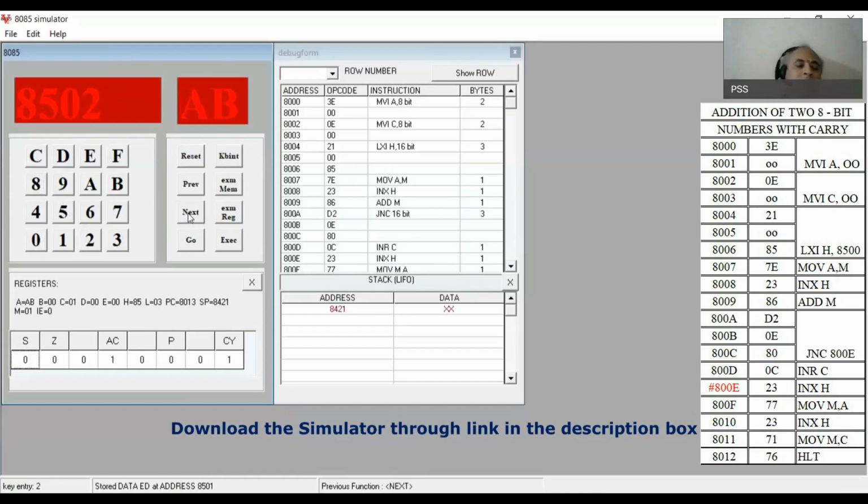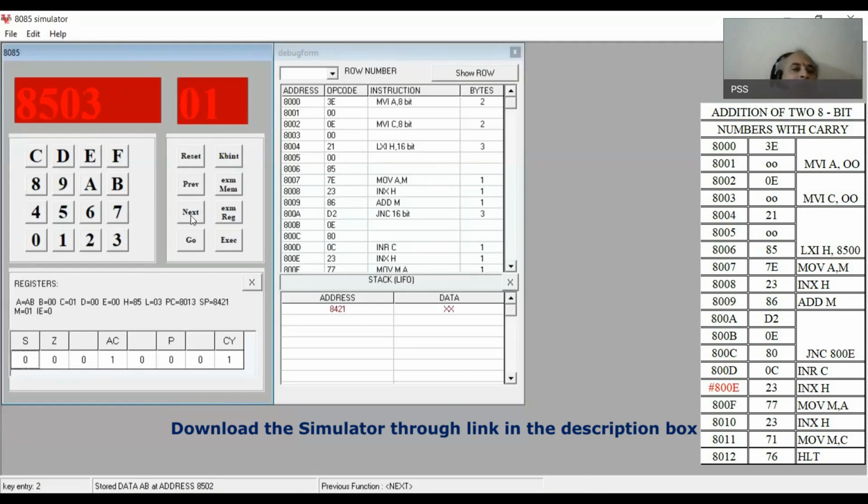If you press next, then obviously you will get the sum which is AB. I already told you and you have already learned that by adding the numbers BE and ED, you will get the sum as capital AB. Now, which is clearly seen here. The sum is shown as AB at the memory location 8502. Similarly, the carry is to be present in the next memory location which is equal to 8503. Now let us check. Okay, here you have the carry.